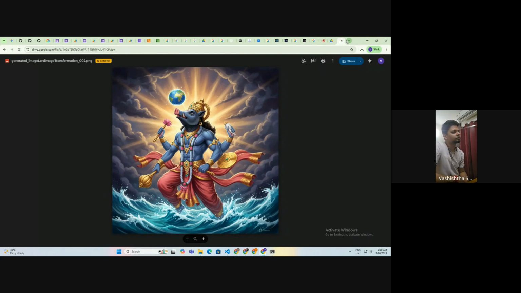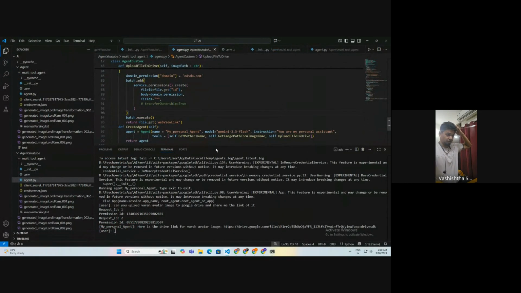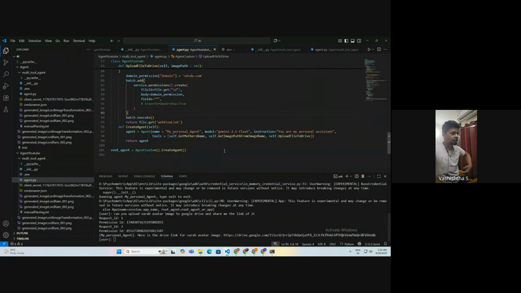So, as you saw, this is how we create agents, and how agents are better than these models which Google has provided, because we can pass our custom functions to them and we can get the result from it.